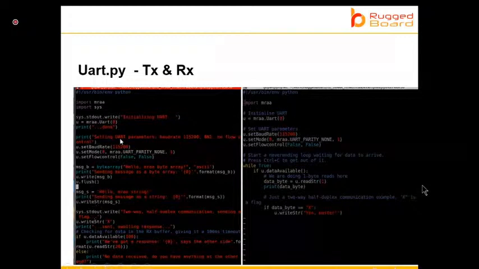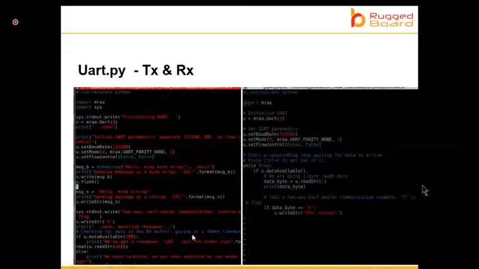Here there are two boards, or in the rugged board you have two UARTs, so you can cross connect them to each other, and then you can have a simple chat kind of application, wherein in one window you are sending and in another window you are receiving, and then from the other window you can send and you can receive.